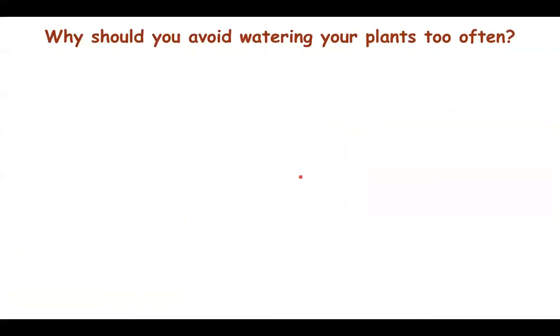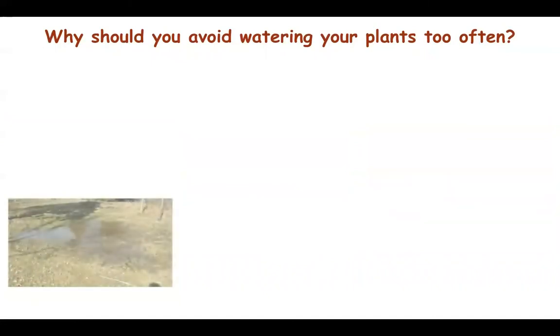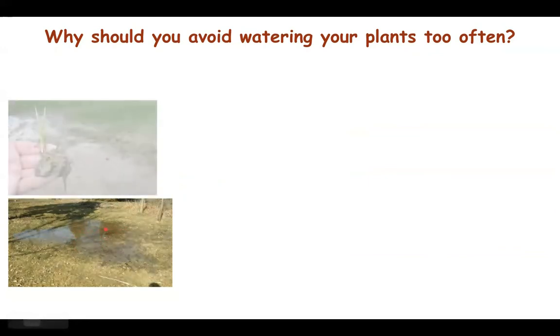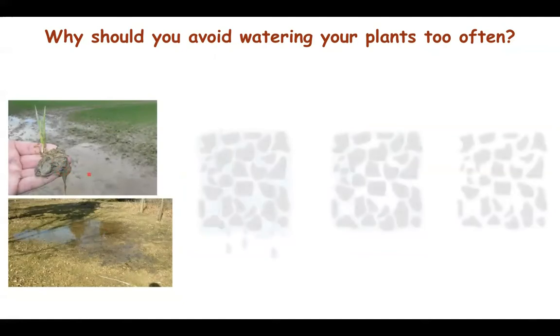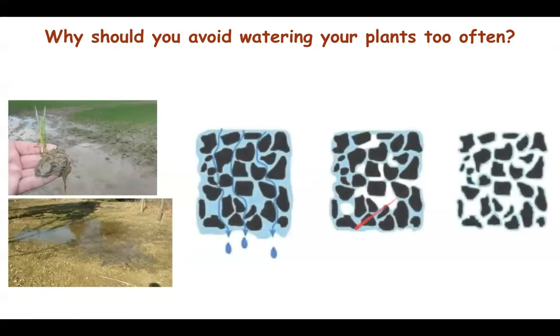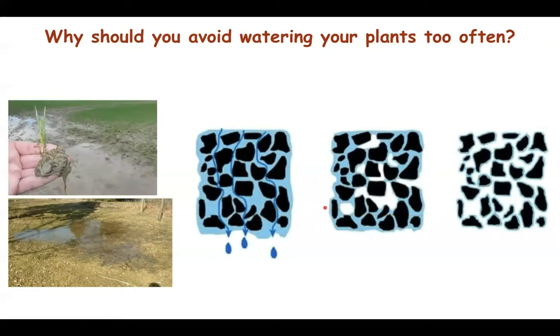And if you water your plants too often, you remove these air spaces. Water, when it is provided extra to a plant, will ultimately come as standing water. It will suffocate the plants, especially by their roots, because the roots will be surrounded by moist soil at all times. So, if you consider these black particles here to represent soil particles and the blue structure to represent water,